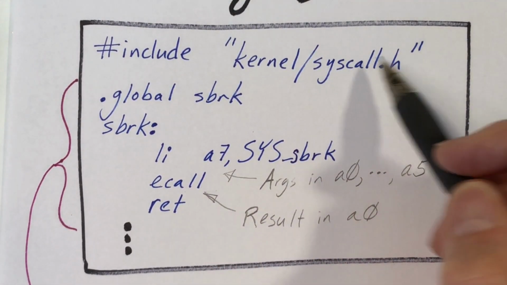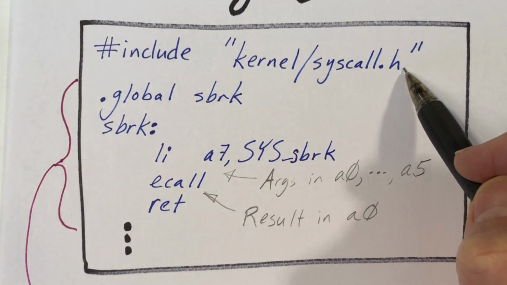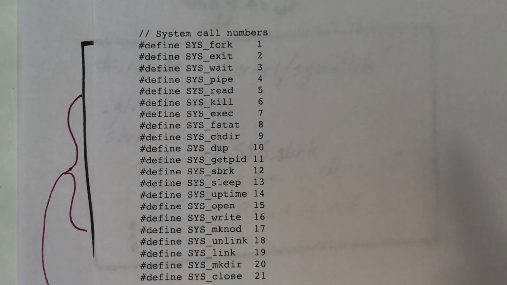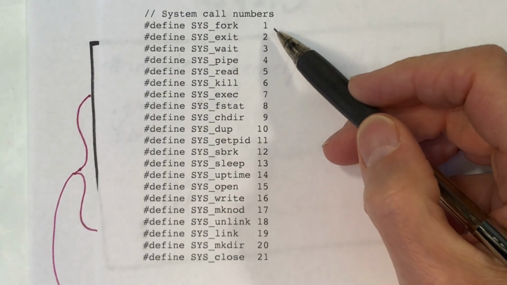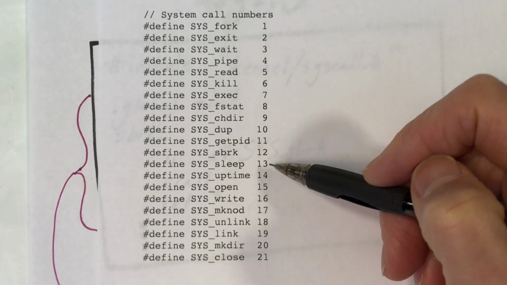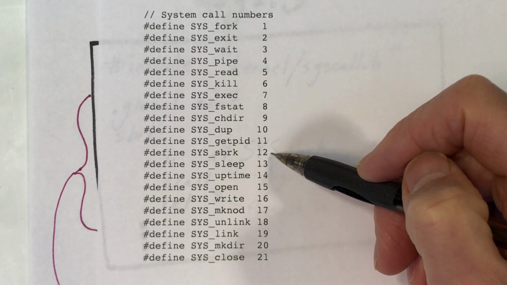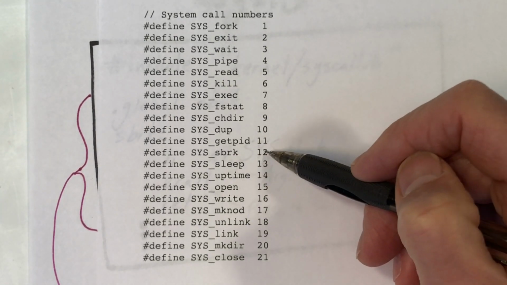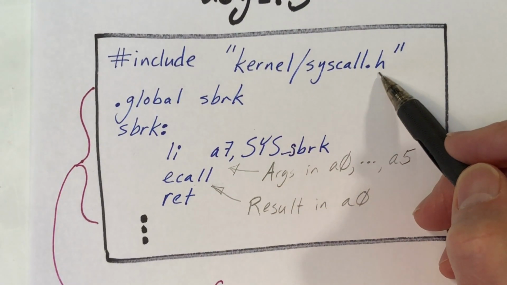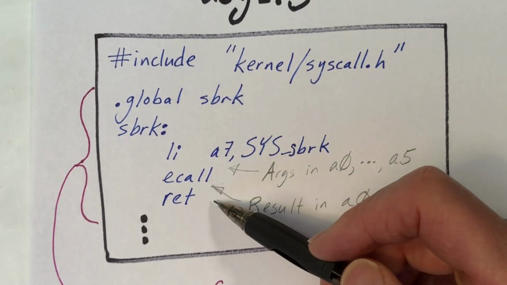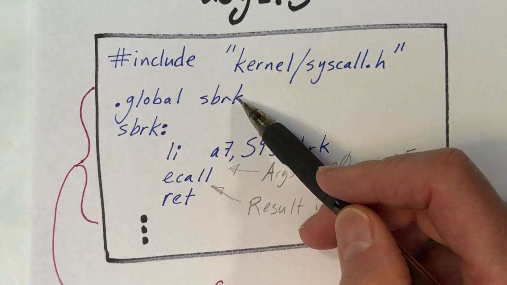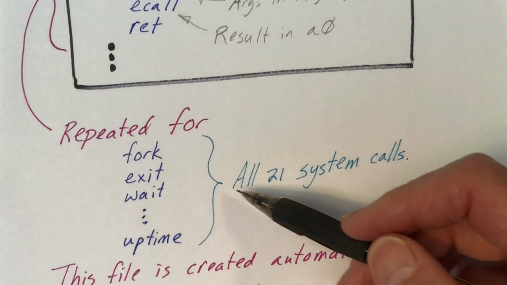It begins with an include, which is syscall.h. And let me just stop here because syscall.h is pretty straightforward, and I can dispense with it quickly. syscall.h associates a number with each of the system calls. This number is how the user mode code communicates with the kernel as to which system call is desired. In our case, sbrk is 12. Okay, and so we include those definitions here. And then for each one of the 21 system calls, we have these 5 lines in the file. I've only shown the stub routine for sbrk, but it's repeated once for each of the other 20